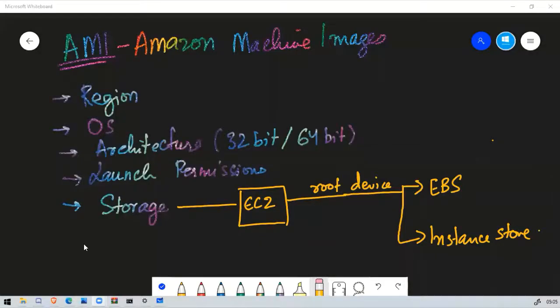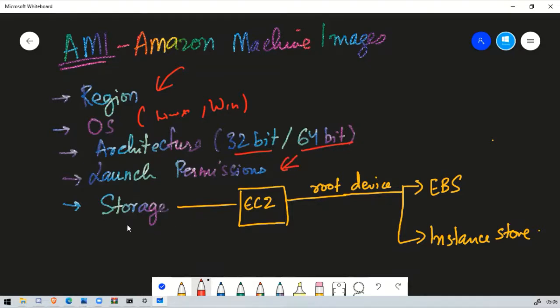Talking about AMI, it can be selected based on regions, availability zones, any regions, everything. It can be selected based on OS, whether it be Linux or Windows, and based on architecture, 32-bit or 64-bit. We have specific launch permissions, you can select that too.